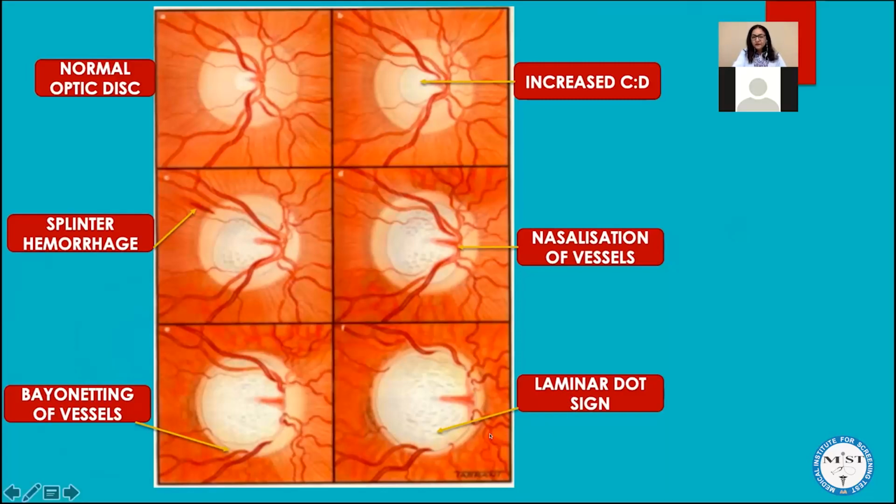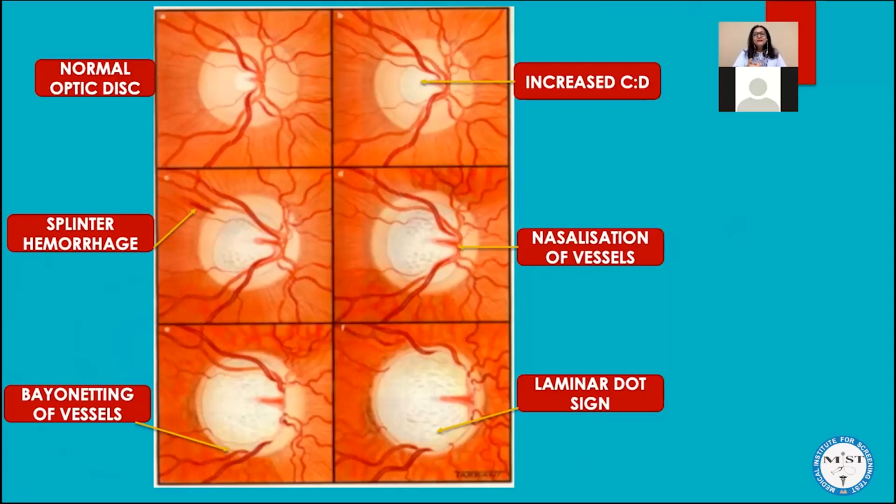Okay, so notice this optic disc from the first one. So you can notice how much damage of the glaucoma has occurred. Almost all of the neuroretinal rim is lost due to death of the nerve fibers. So these all are the signs which we see in a case of glaucoma on the optic disc.